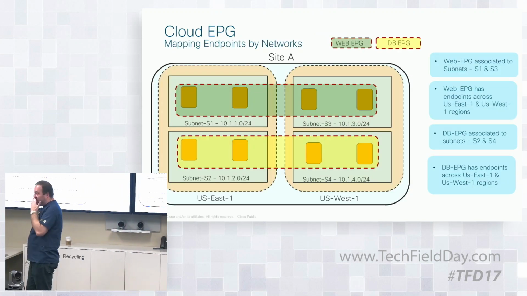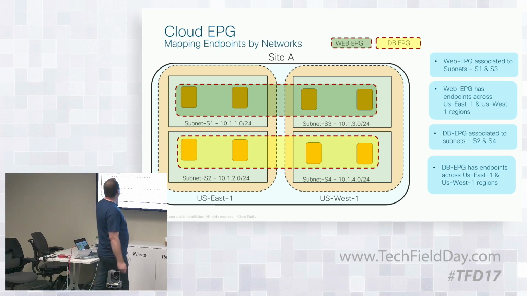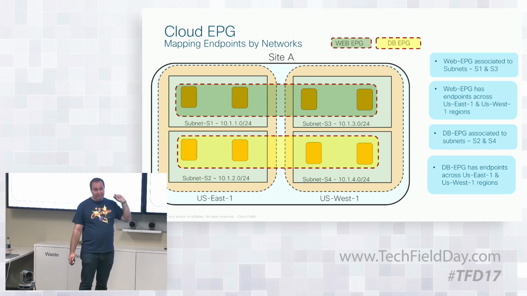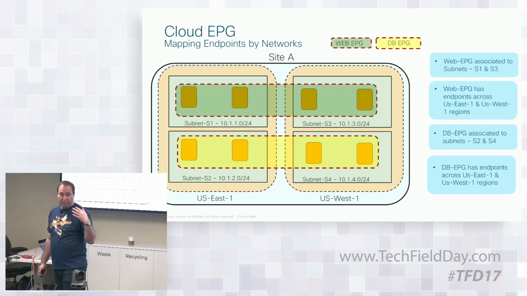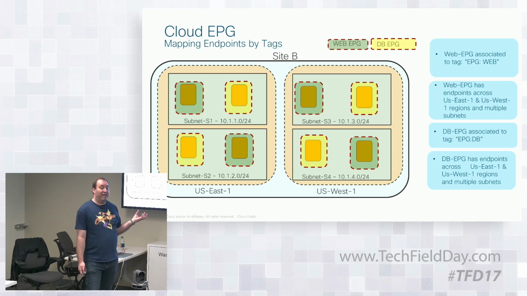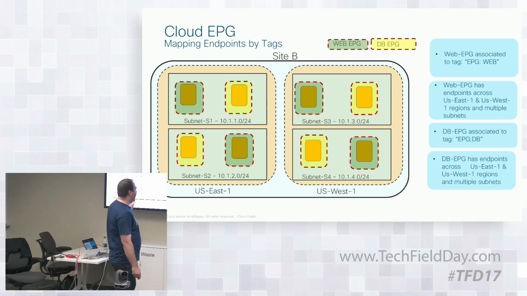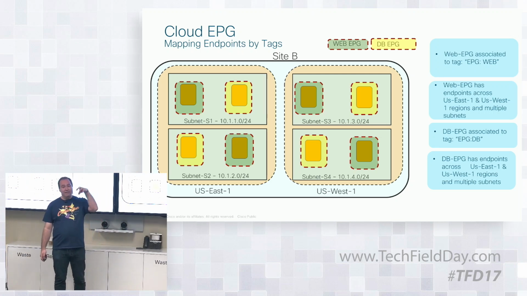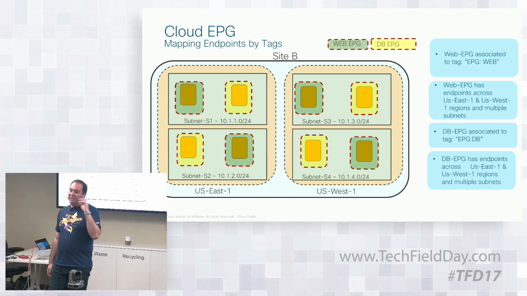And then we can use subnets to apply to an EPG. If we create a cloud EPG, the subnets can be across multiple IP subnets, and we'll apply the same policy across multiple availability zones, regions, and so forth. Or you can tag the VM, so that's what 99% of people do. They apply the correct tags to the VM. If the right tag is applied to the VM, the instance, then the right policy gets applied automatically. I'm going to take an extra 5 minutes.